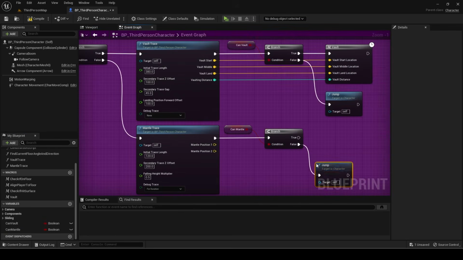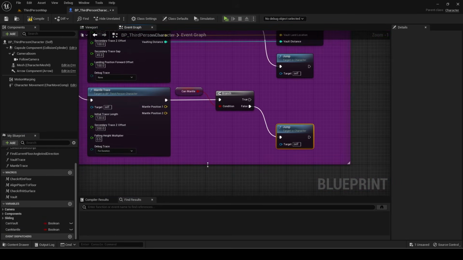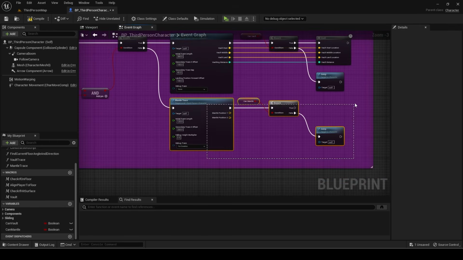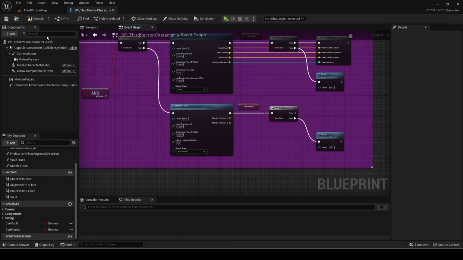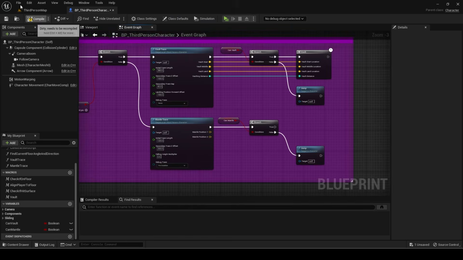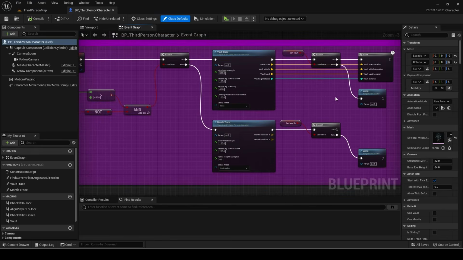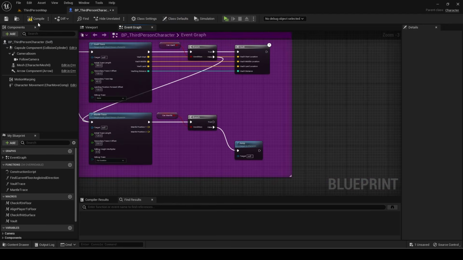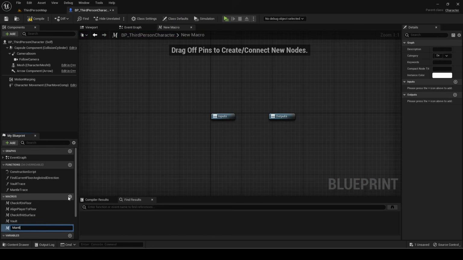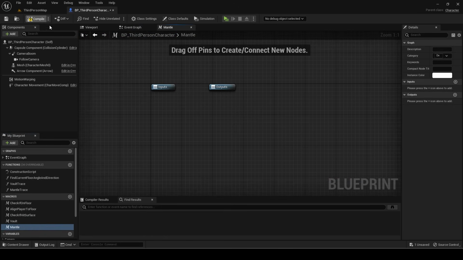If it is false, then add a jump node. Connect the false from kin vault to the mantle trace as well if you are following along after the previous video. Create a new macro called mantle. It will have 2 vector inputs and 3 float